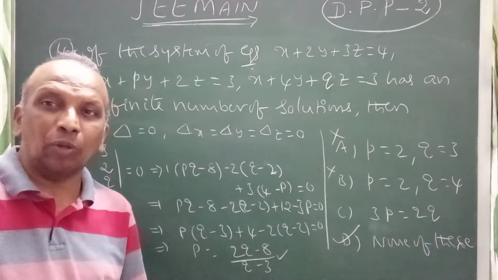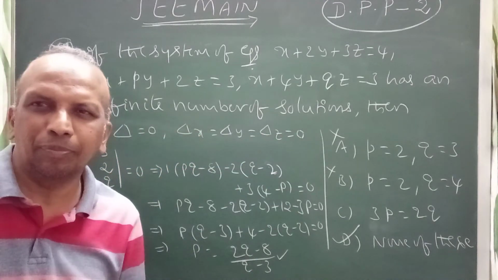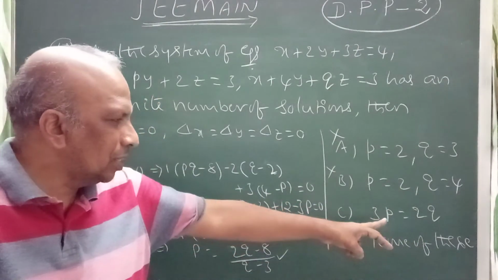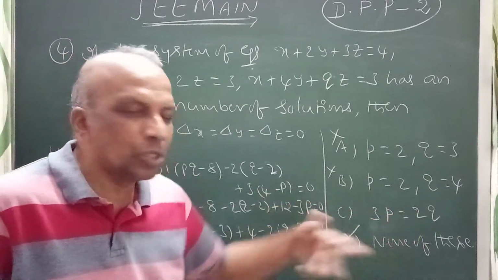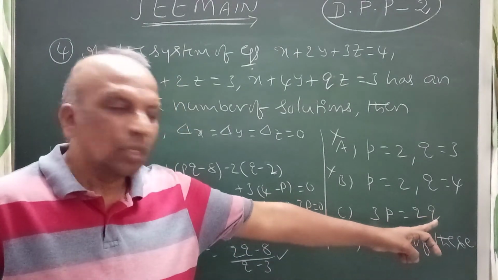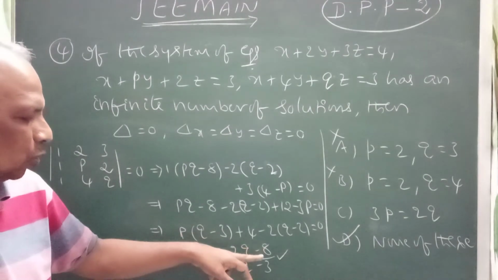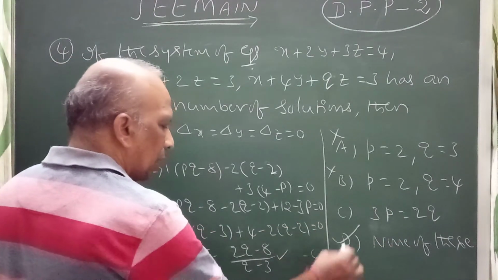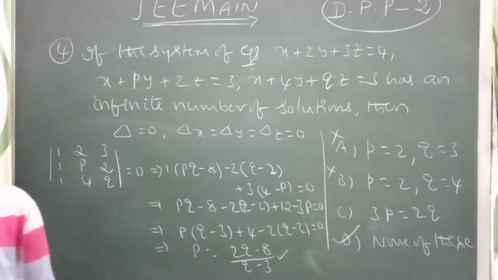Still, if you want to find the values, you can try with combinations of delta x, delta y, delta z. So you can verify here. Suppose that p is equal to 1. If you want to verify this equation, p is equal to 1 means q is 3 by 2. But take q is equal to 1, p will be 2 by 3. 2 minus 8, you will get minus 6. When q is equal to 1 you get minus 2. You are not satisfying that. So definitely your answer should be none of these.